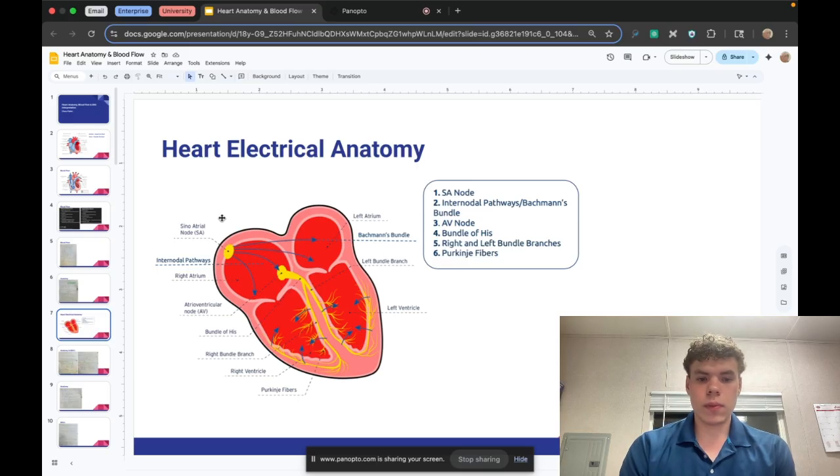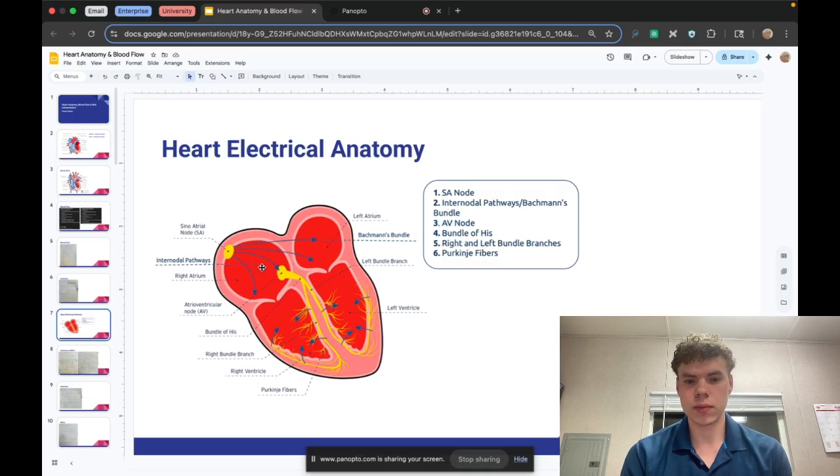So this at the top of the heart is called the SA node, right? This is the AV node, and this is the ventricles down here. So for most people, they're going to get an electrical impulse at the SA node, then go to the AV node, and then go down to the ventricles. So it goes one, two, goes down the rest of the heart, and that flow causes the contraction of the